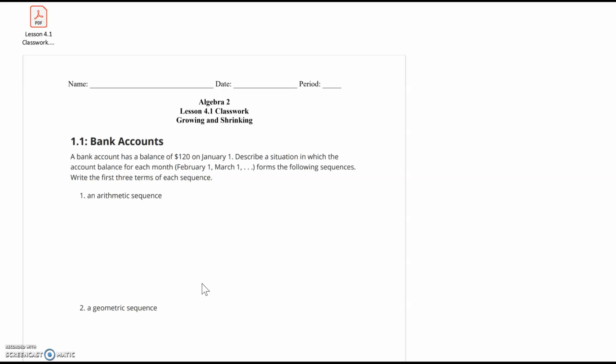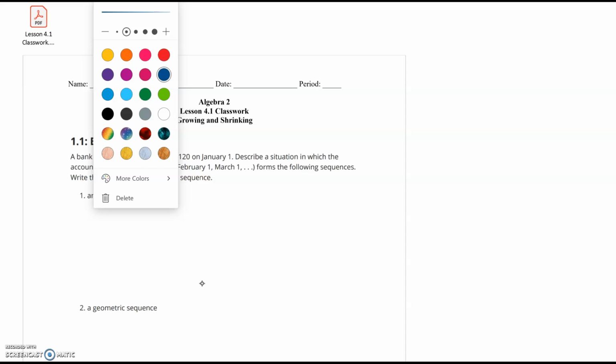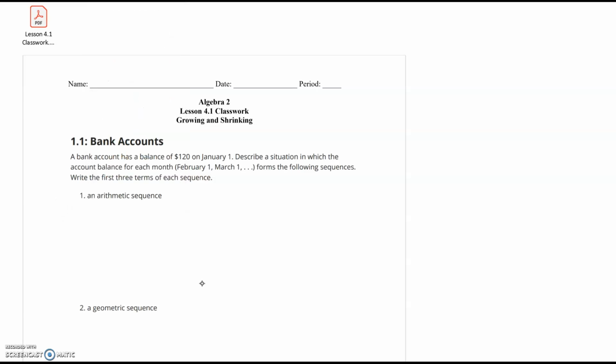Here we have a situation. A bank account has a balance of $120 on January 1st. Describe a situation in which the account balance for each month, February 1st, March 1st, forms the following sequences, and then write the first three terms of each sequence. So the first one is an arithmetic sequence. So we want to,